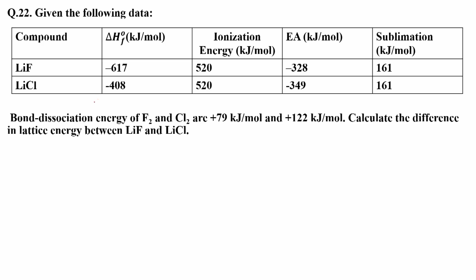For LiCl the corresponding values are minus 408, 520, minus 349 and 161. So, bond dissociation energy of F2 and Cl2 are 79 kilojoule per mole and 122 kilojoule per mole. Calculate the difference in lattice energy between LiF and LiCl. So, this is based on Born-Haber cycle. So, according to Born-Haber,